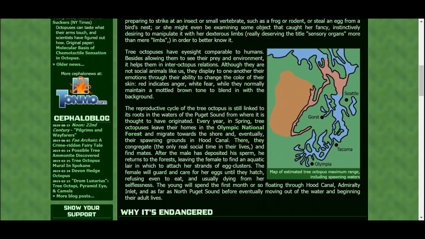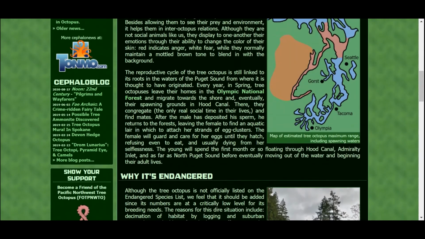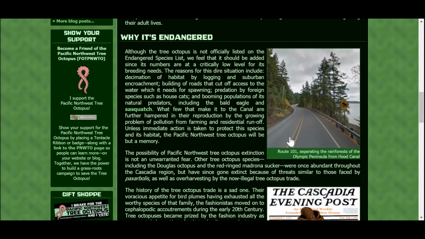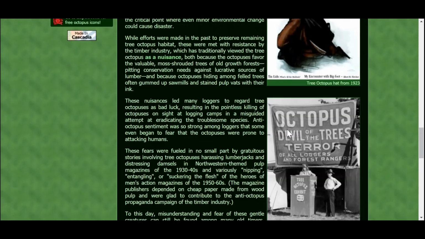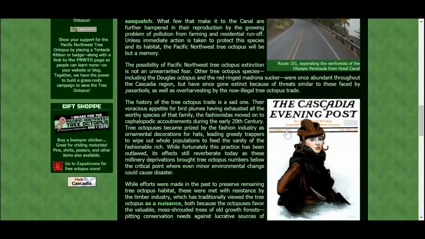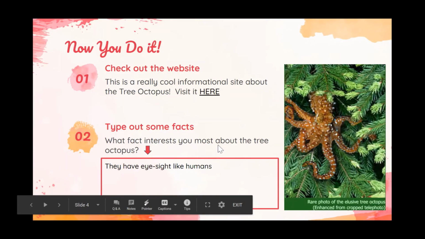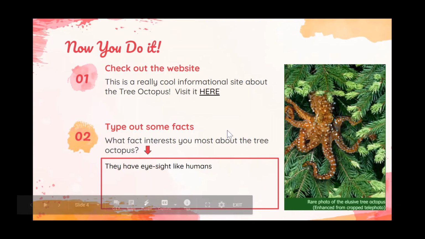And then it shows where the tree octopus could live. And then why it's endangered. And stuff like that. So this seems like a pretty trustable website. So an interesting fact over here that's written is they have eyesight just like humans. That's cool. I did not know that.